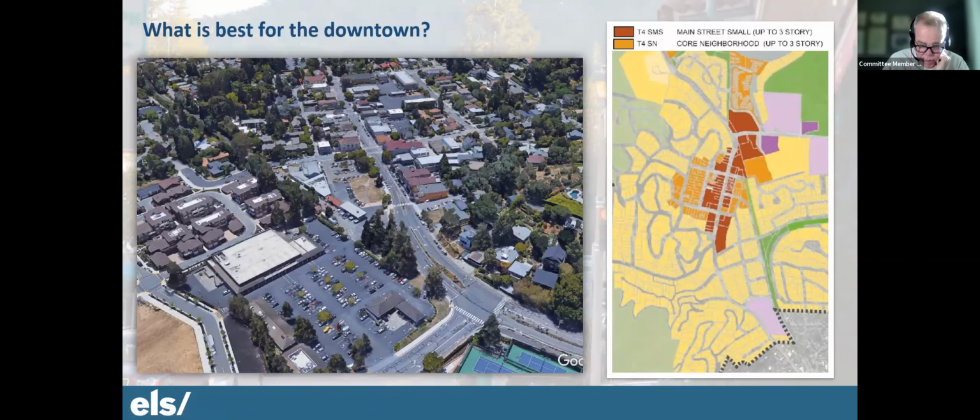So the downtown, the most congruent zoning with that was the T4 SMS Main Street small, which is predominantly 2-story, but with density bonuses up to 3-story. A lot of the sites in the downtown are quite small, with the exception of the shopping center on the corner.